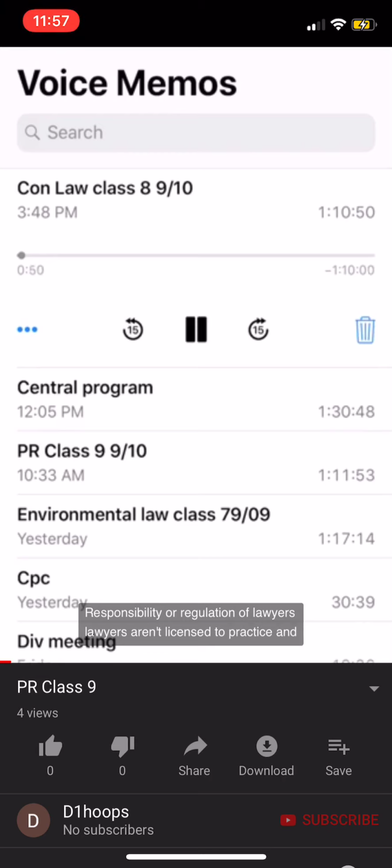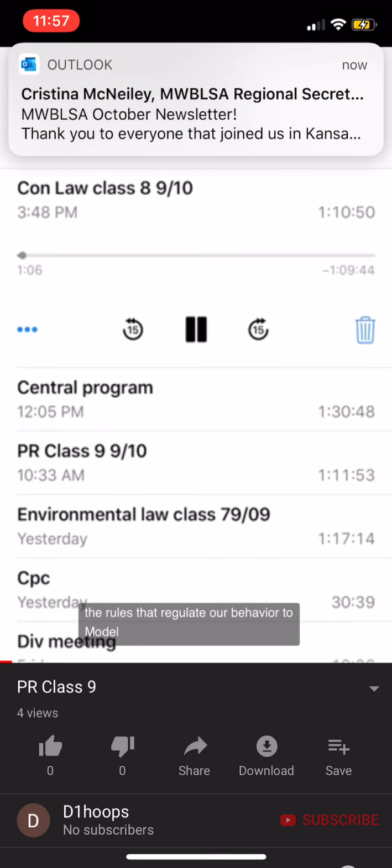Lawyers are licensed to practice, and therefore our conduct is regulated. We are self-governing, of course. We have the Kentucky Bar Association and the Kentucky Supreme Court, and they regulate our behavior. What we are studying are the rules that regulate our behavior, the Model Rules of Professional Responsibility. And the Supreme Court has adopted these rules in pretty much the same form that we're studying them, and they